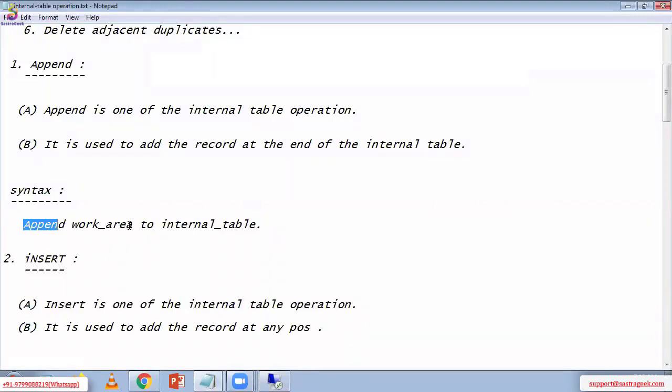The work area data. We are appending the work area data to the internal table. What is the purpose of the work area? Everything will be handled by the work area only. If you want to display records one by one, the work area will do it. If you want to insert, add, delete, or modify the records, everything